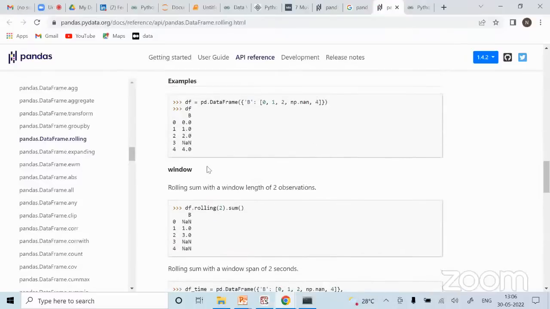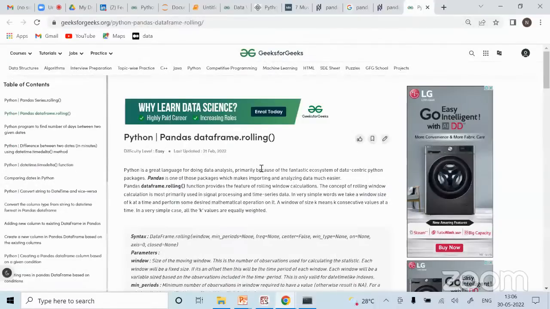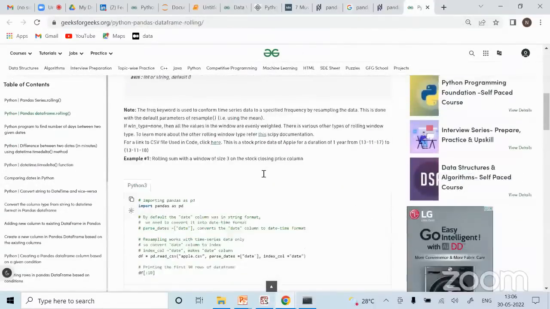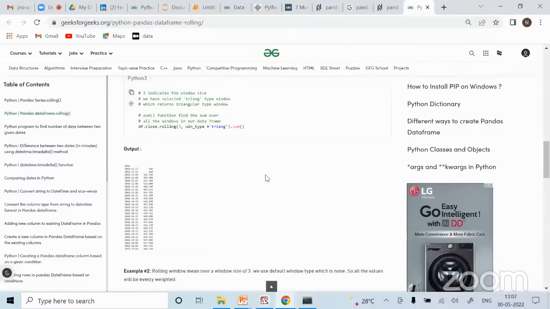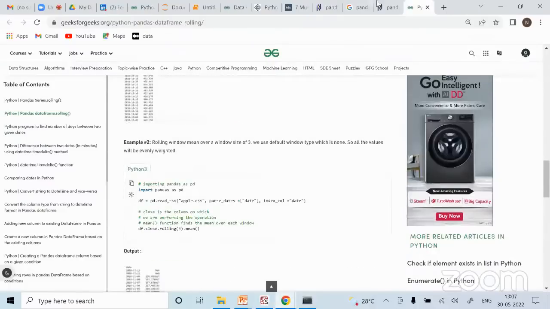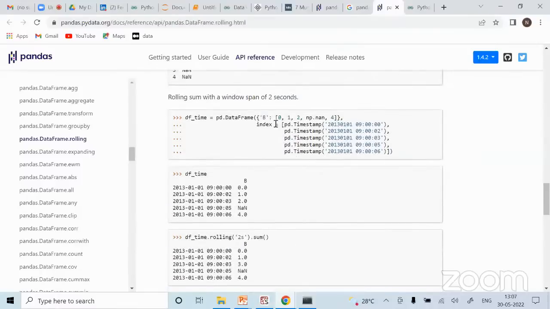so this is my data frame, right? Now the best way to learn is from GeeksforGeeks actually, because here they give you a very good explanation as well. So I'm just trying to go through it. So this is very much similar to our example, right? Rolling sum with a window span of 2 seconds.